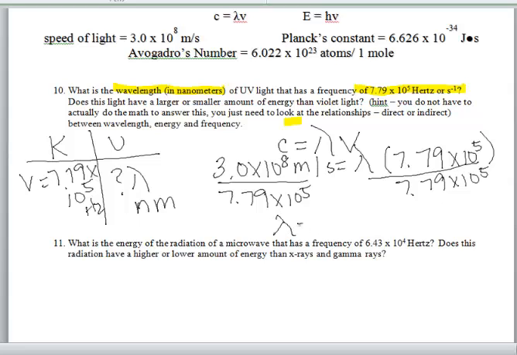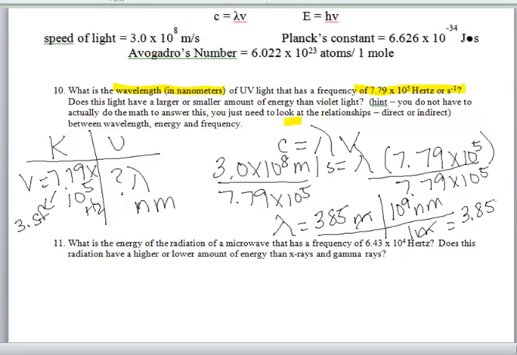Okay, that's going to get me a wavelength value of 385 meters, but I'm not done yet because it wants it in nanometers. So then I have to keep 3 significant figures because I always use my data, and since the original problem had 3 significant figures, my data needs to be 3 significant figures. So 385 meters, I've got to convert it to nanometers. 10 to the 9th nanometers, 1 meter. So my final answer here is going to be 3.85 times 10 to the 11th nanometers. Okay, 10 to the 11th